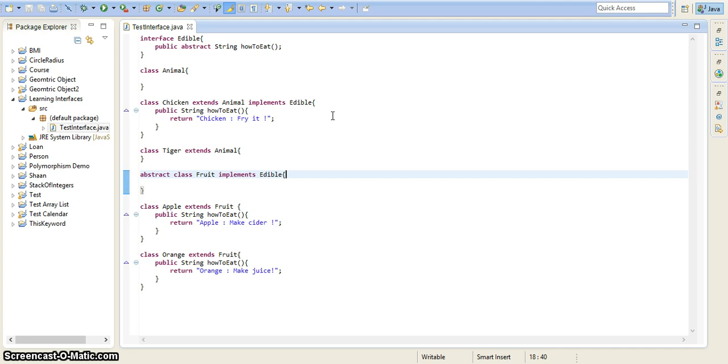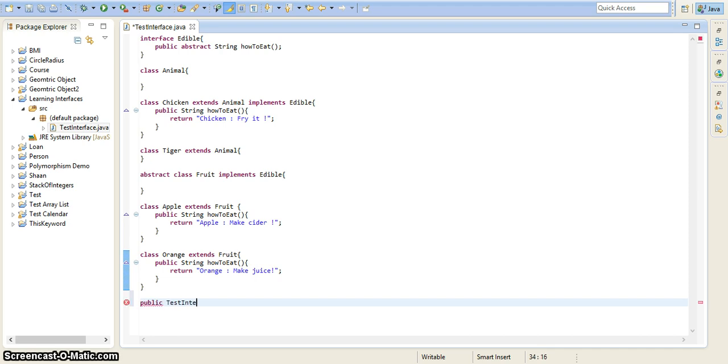And public String how to eat chicken, fry it. Tiger, you cannot eat that. Abstract class fruit implements edible, and apple and orange classes extend fruit. So now I hope you can understand this hierarchy,